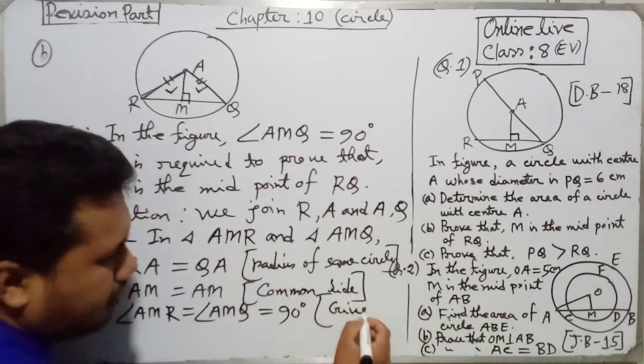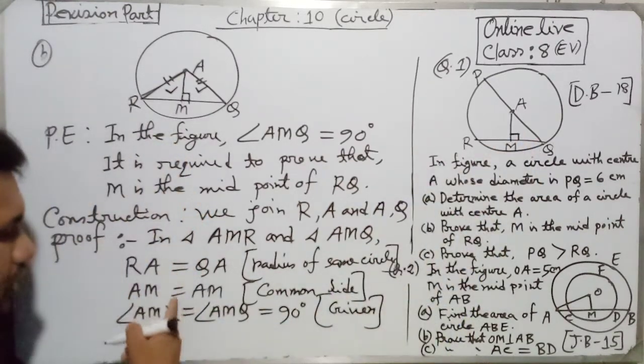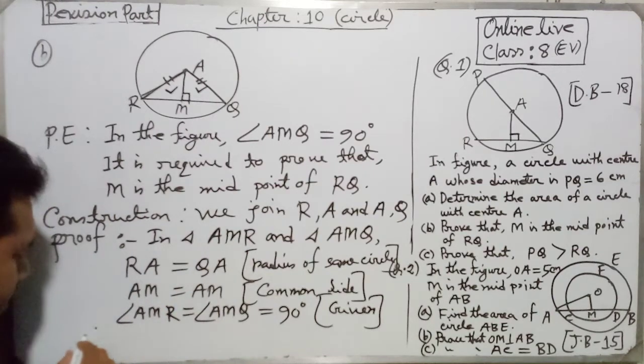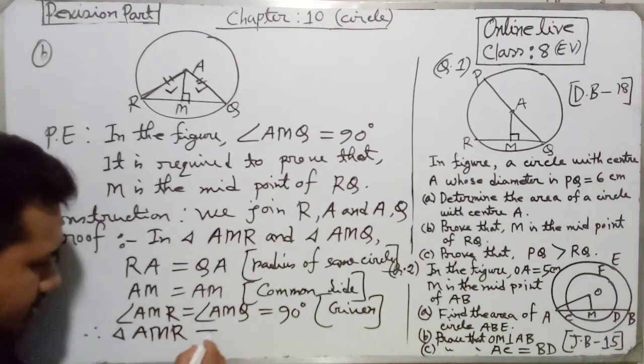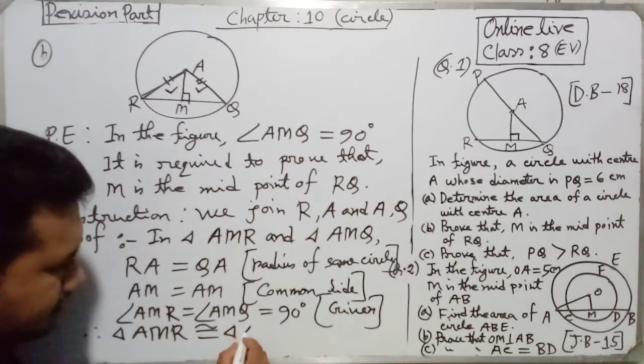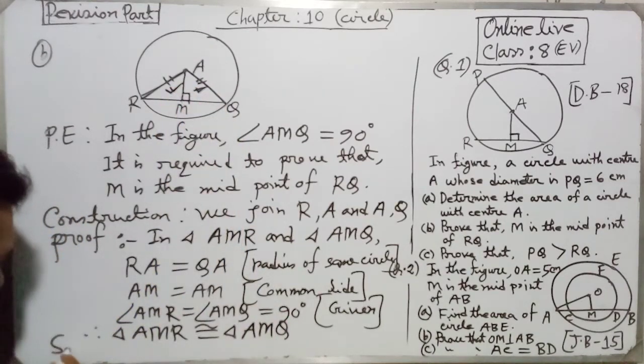This is our given part, 90 degree. So look, 1, 2, 3. 3 pieces of information are equal. So we can say therefore triangle AMR congruent to triangle AMQ. Now these two triangles are congruent, so we can say RM